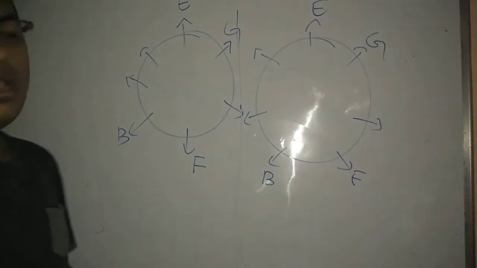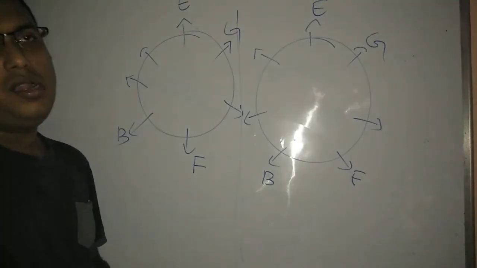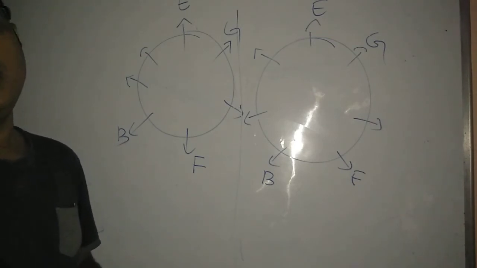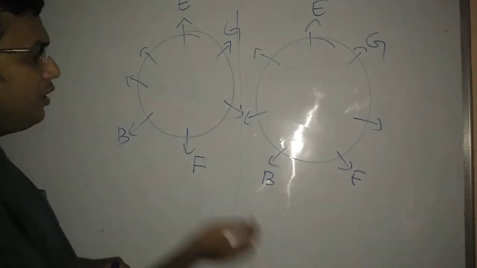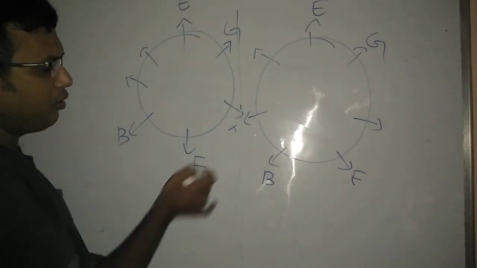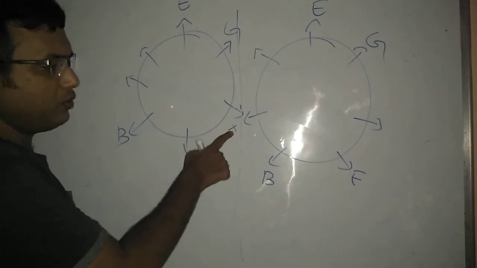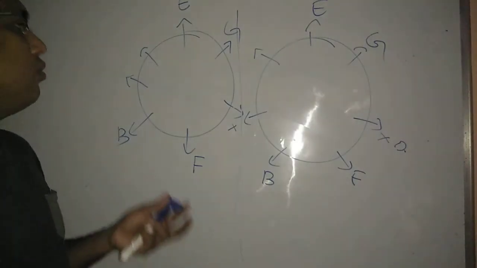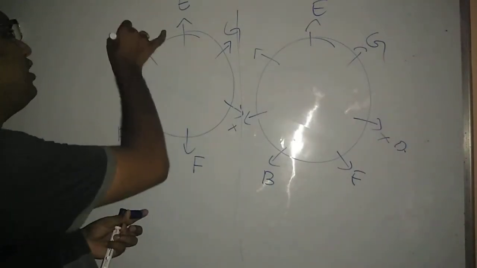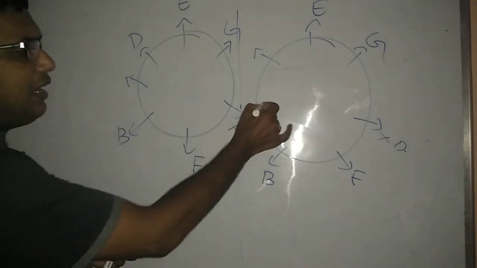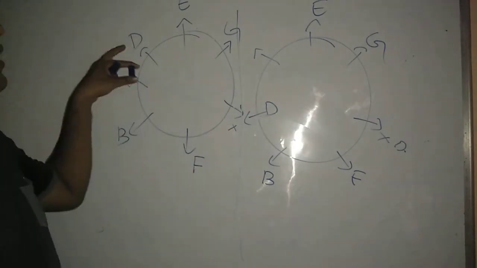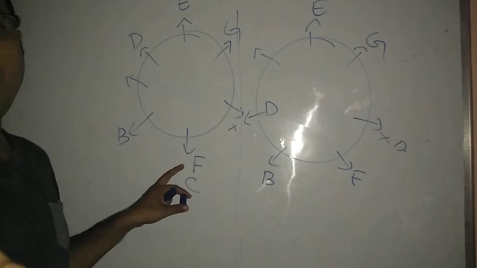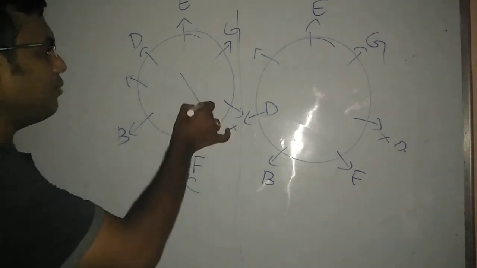The next line is given that C is fourth to the right of D, but D is not sitting as an immediate neighbor of F, right? So clearly this position is not suitable for D. F is here and it is not D. Now there are two possibilities for D. If D is here, otherwise in the second diagram D is here. If you put D here, 1, 2, 3, 4, C comes in the place of F, which is already the position of F. So this diagram is cancelled.